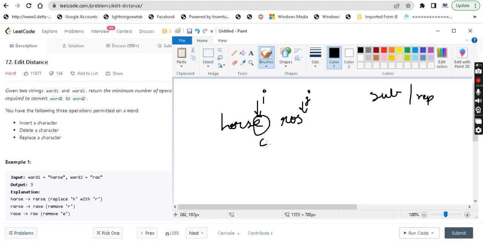I have to match this character S, right? So in the word 2, I have to match S. So I should only replace this E with S. That is the most efficient way. So I will replace this E with S. Alright, so if I replace with S,